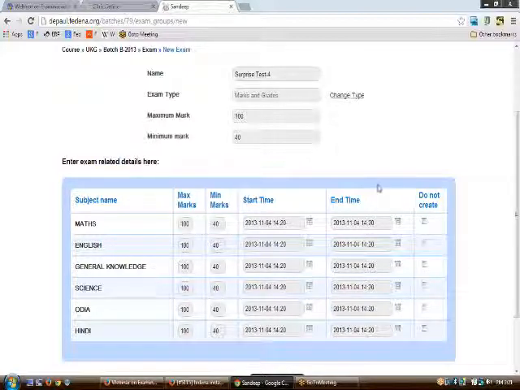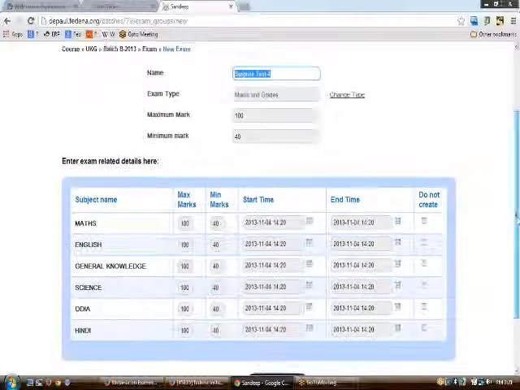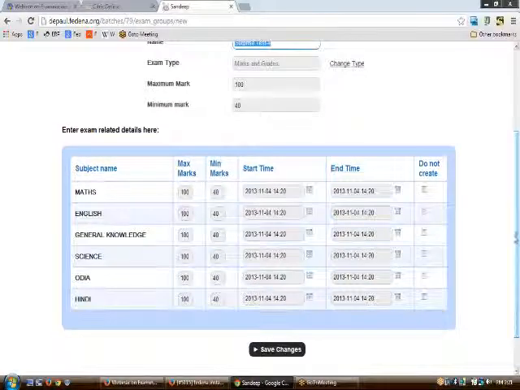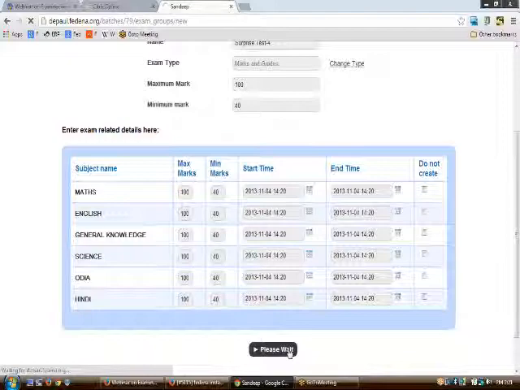Moreover, in this particular exam group that we are going to create with the name of surprise test 4, if you do not have exams for any of the subjects, such as maths, English, general knowledge, science, Odia or Hindi, you can just tick this particular box and exams for that particular subject won't be created. So this way, after filling up the relevant details, you can save the changes made.